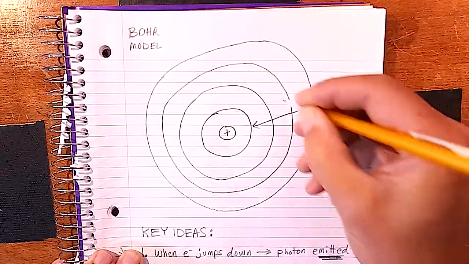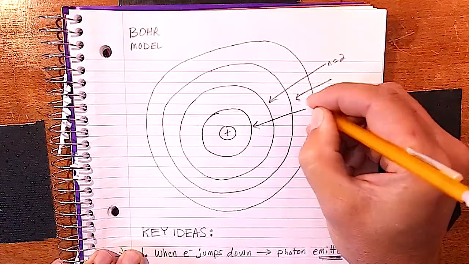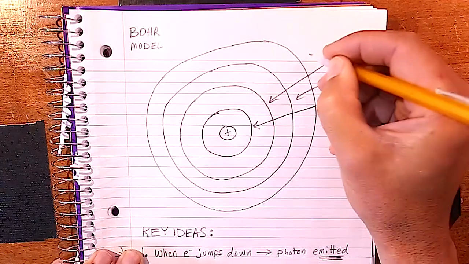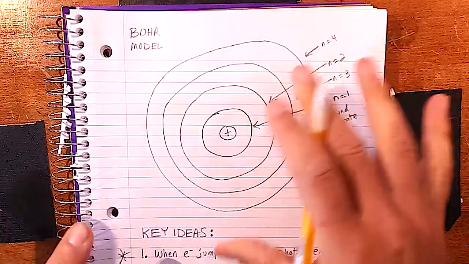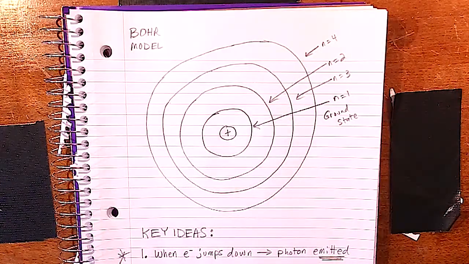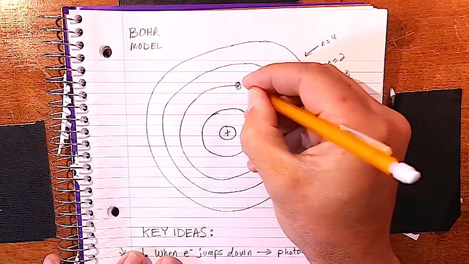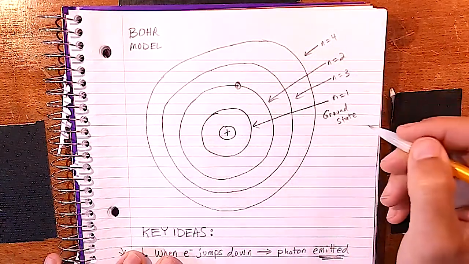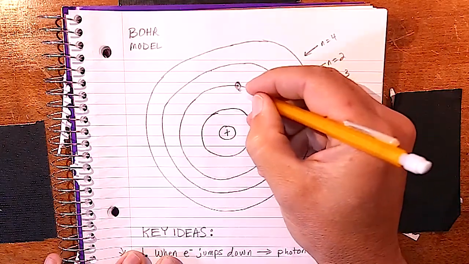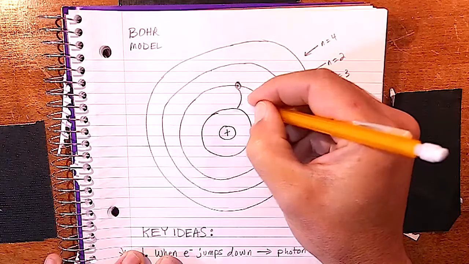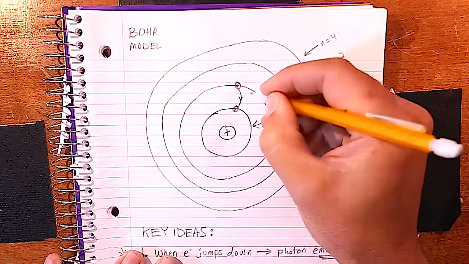And then the rest of them are super easy. It's just n equals 2, n equals 3, and so on. N equals 4. Okay, there's actually more levels, but we're just going to do it for this. So what happens is this. Let's say we have an electron that's hanging out in this level n equals 2. If the electron jumps down a level, so it's jumping from n equals 2 to n equals 1, it will